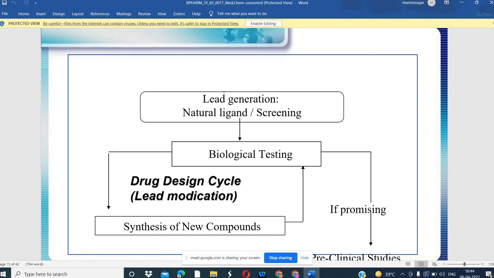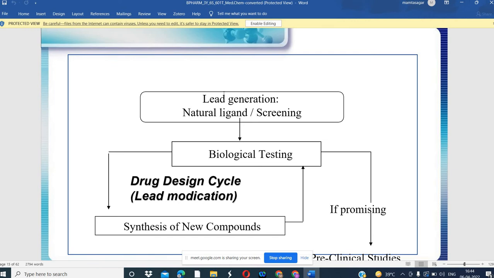So we can carry out the experiments. In the microarray we take the tissues from the different patients, then we treat those tissues with the drug, then we see what the effect of the compound is. In that way you can conclude which compound is working against this protein or certain targets. All these things we do in biological testing.